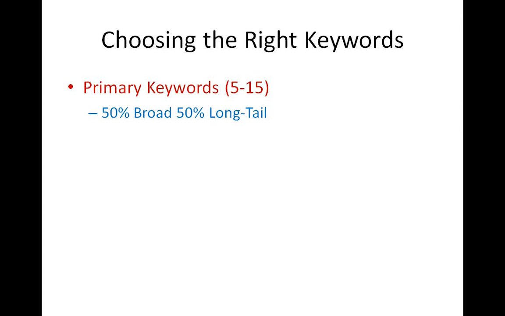So you want to have those long tail keywords, but at the same time, you want to know that eventually you're going to get a lot of traffic. Okay, and you're not going to get a lot of traffic from the long tail. You're going to get a lot more traffic from the broad keywords. Okay, so you want to balance both. The broad keywords at the same time will take you longer to rank for on Google. So you want to start with both, and you're going to start seeing some traffic